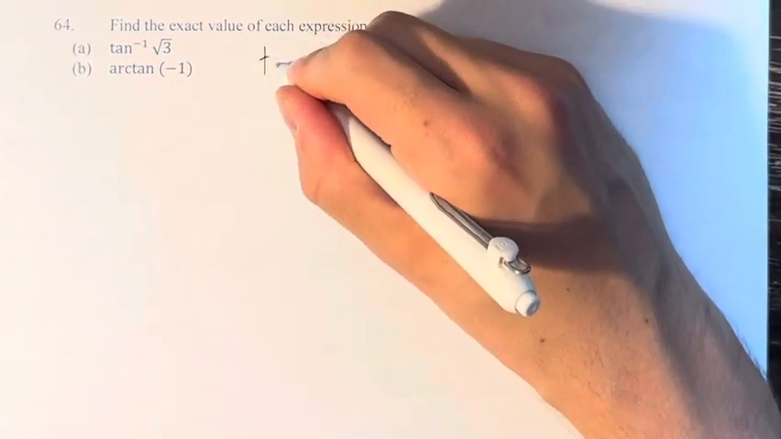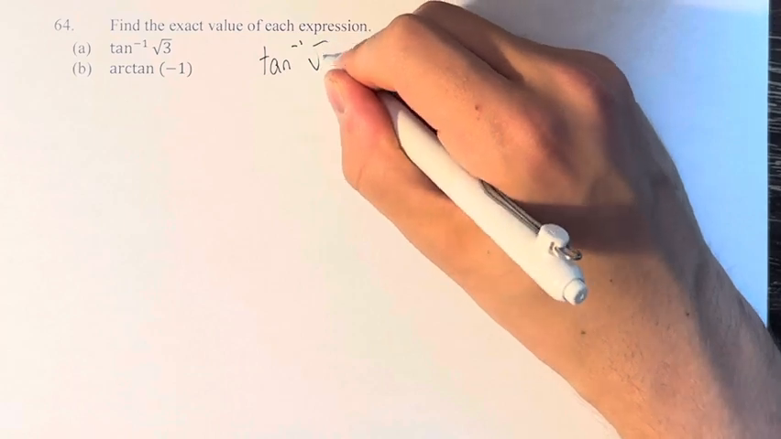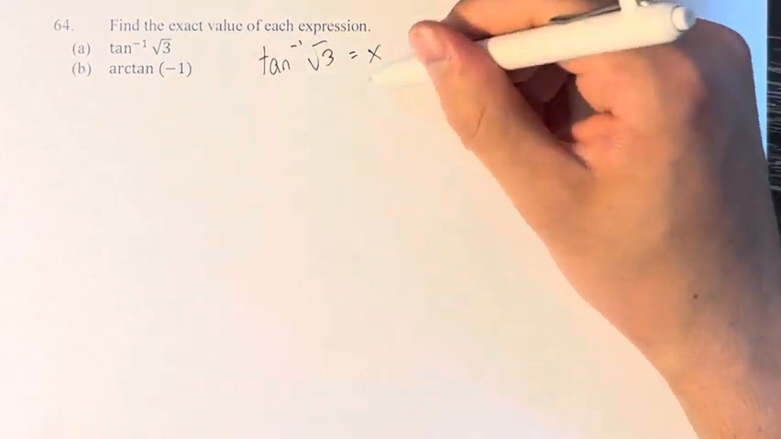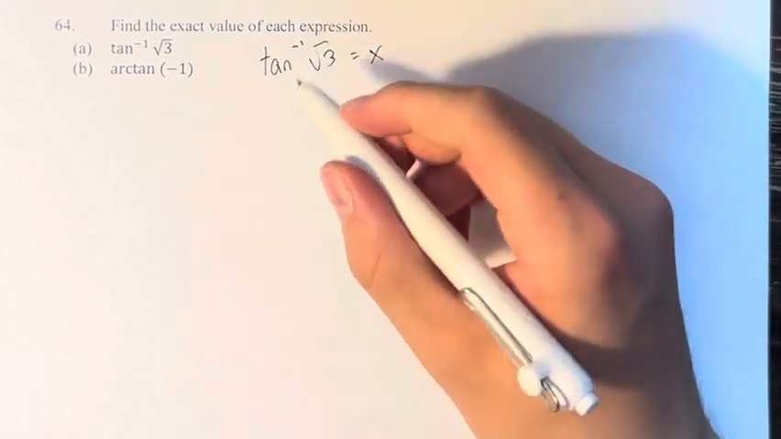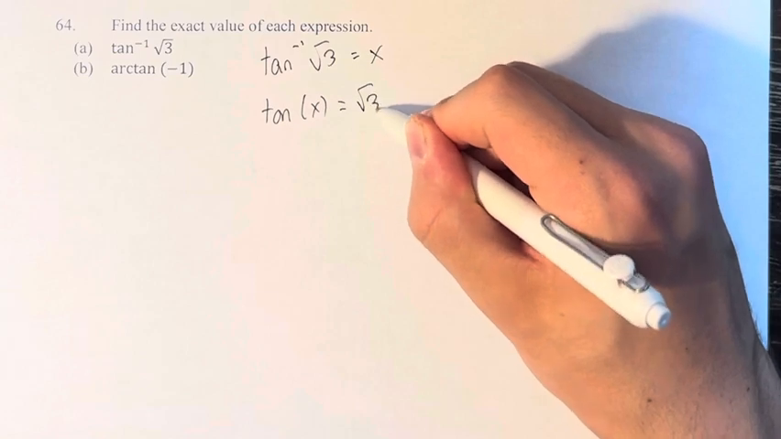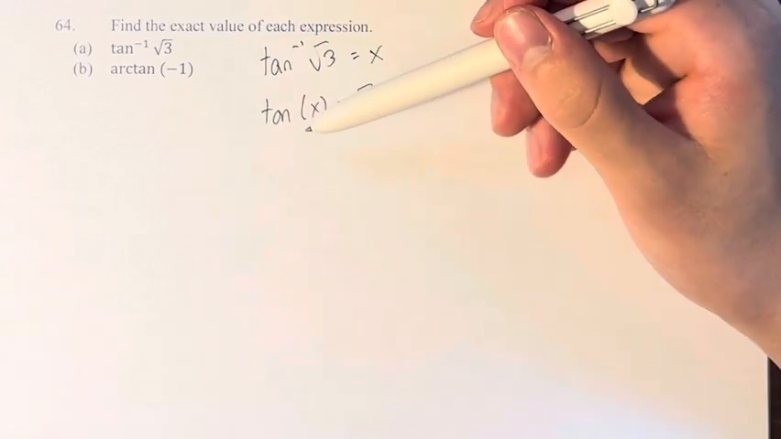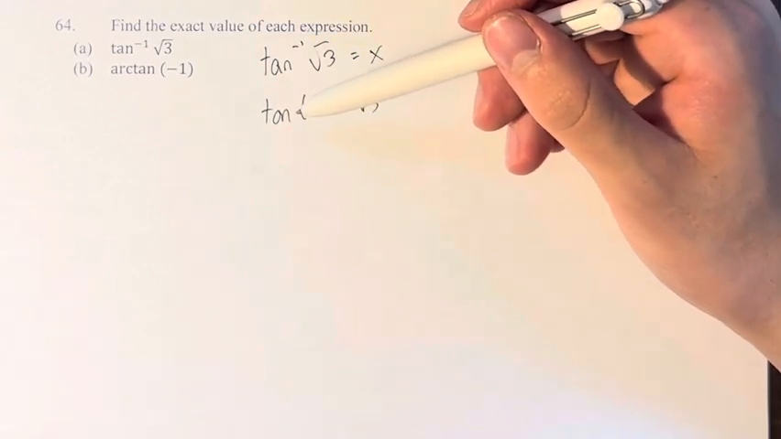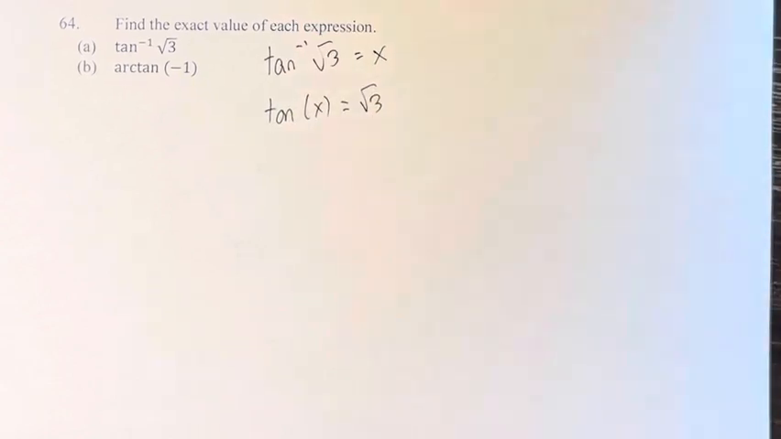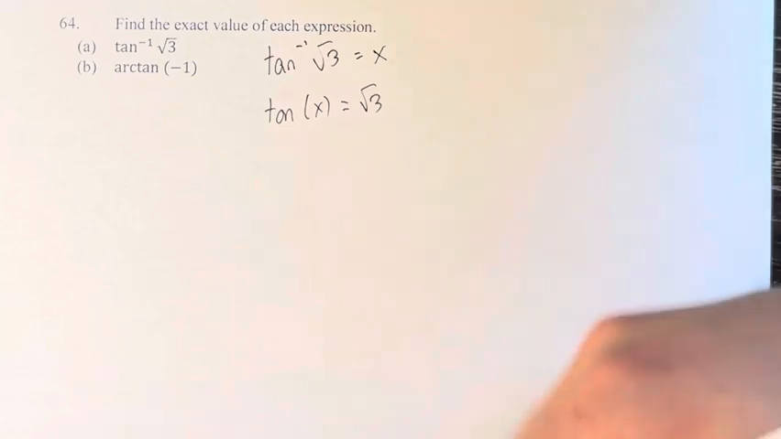For A, the tangent inverse of the square root of 3, let's just say it's equal to x, and x is going to be our final answer, so we have to solve for x. If this is true, then tangent of x equals the square root of 3. And we have to find a value of x for which the tangent is equal to the square root of 3. So here we have to use trigonometry,